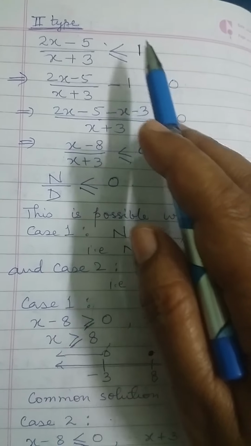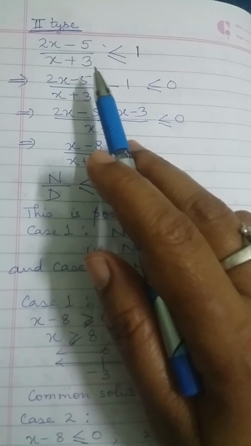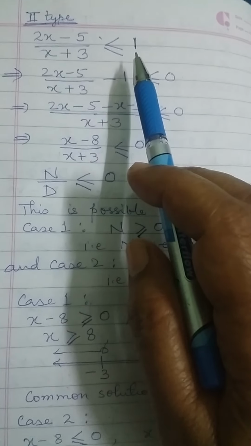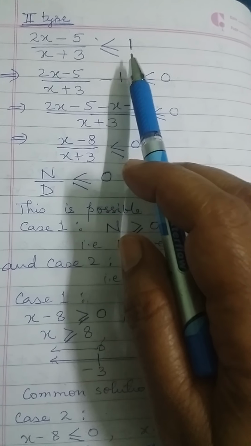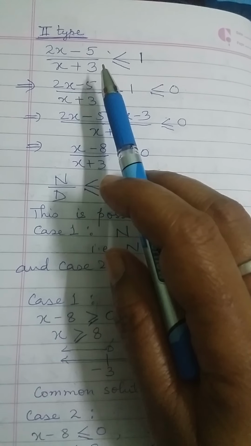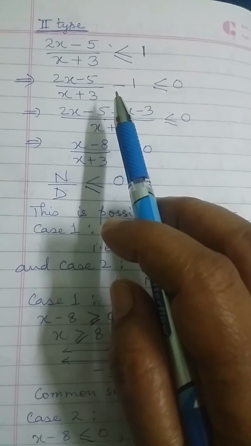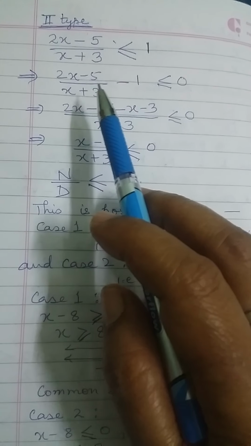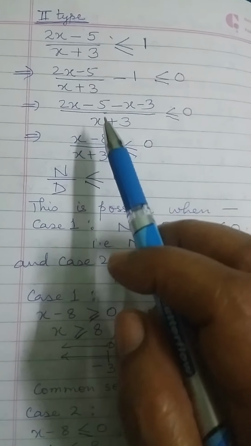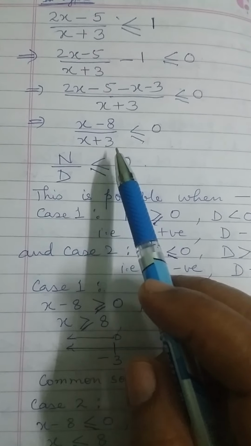Remember, here we are having 1. In the last example we were having 0 here, so it was easy to compare with positive or negative. Here we are having 1. So our first step will be to make this 1 0. So how to make this 1 0? We will transpose this 1 to the other side, or you say subtracting 1 from both sides. So I subtracted 1 from both sides, so we got (2x minus 5) upon (x plus 3) minus 1 less than equal to 0. On solving this, we obtained (x minus 8) upon (x plus 3) less than equal